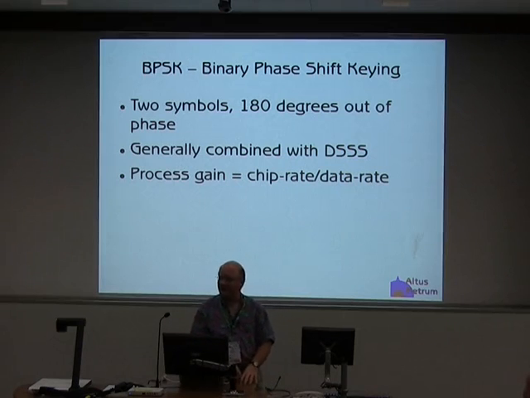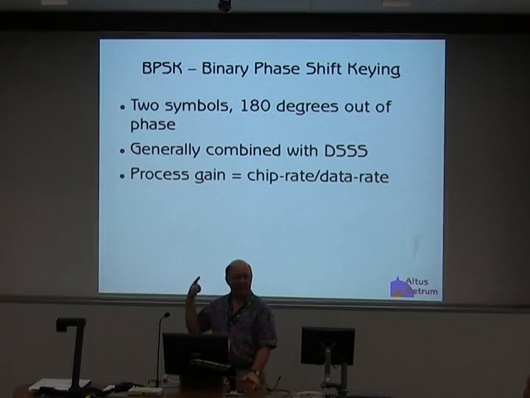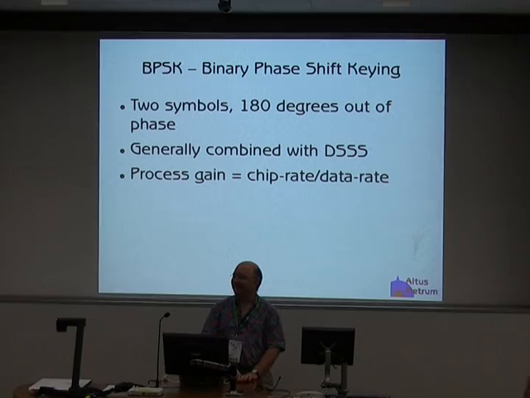Okay, why aren't we using this? This seems like the smart people encoding technique. Why doesn't Altus Metrum use this? We can't get parts that do this. So we may have to build our own custom silicon next so we can do direct sequence spread spectrum. Because this is clearly, for digital radio, the only one you would really want to use. This is what cell phones use. This is what digital TV uses. This is what satellite communication uses. This is what everything uses. It's clearly the right plan.